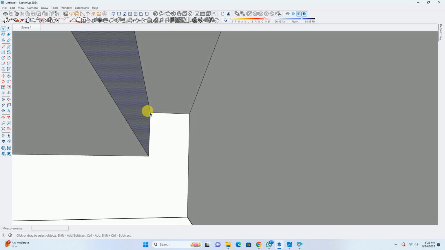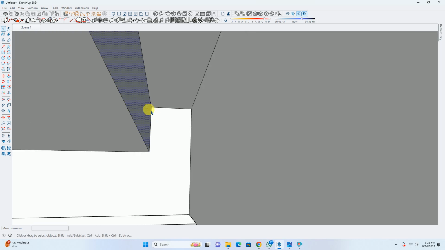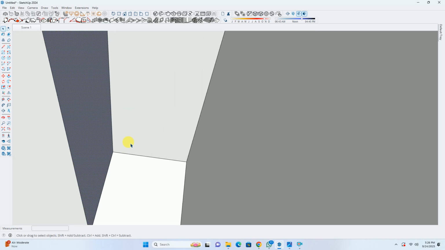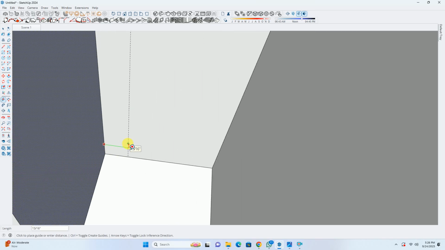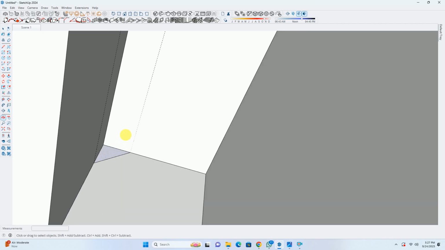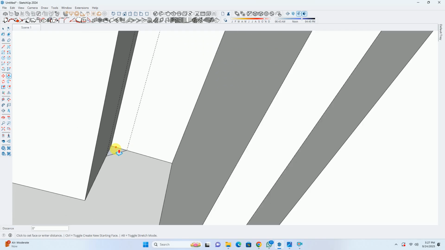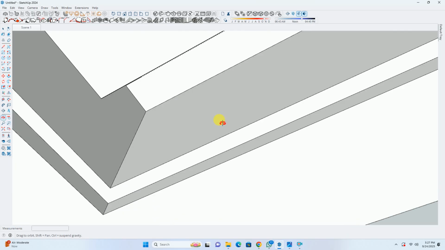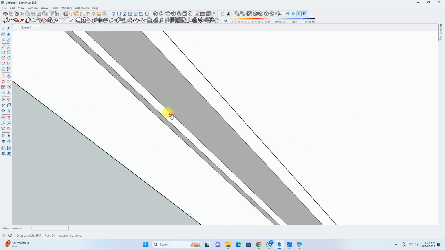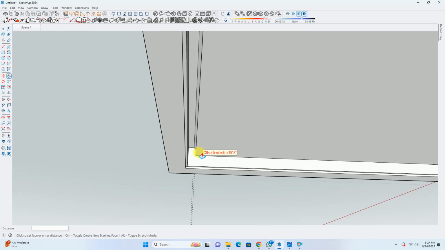Now what we'll do, we'll use the tape tool. We'll apply a tape gap of 1 inch over here and 1 inch over here. We'll connect these two edges. Okay, so we are getting this surface. Now we'll apply push pull on this surface up till this corner.